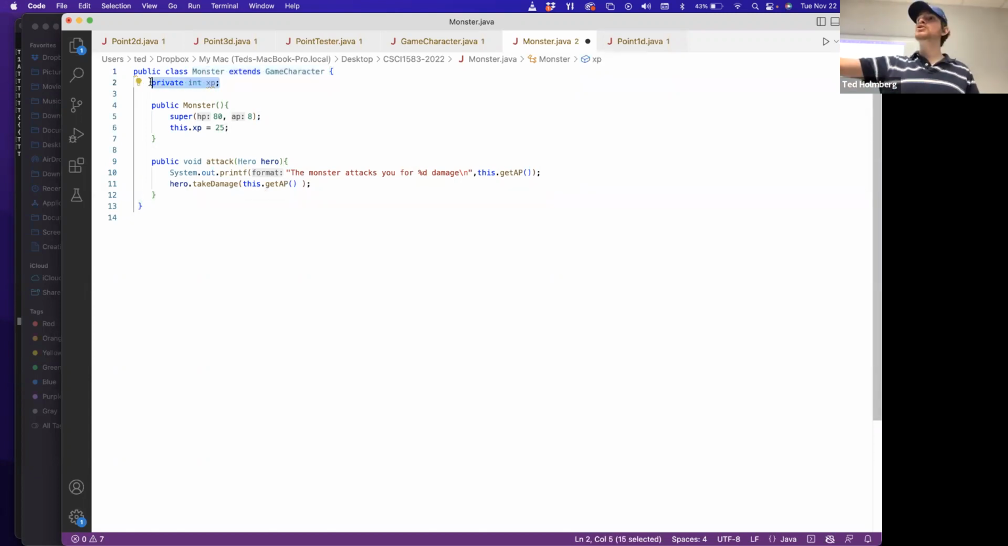The thing that will make monsters unique for us is that monsters have an XP value, so that when they're destroyed, when they're slain, they will give that XP value to the hero potentially. When we create a monster, we can invoke the parent class's constructor. Here, we're just going to hard code a value of monster. All monsters are going to have 80 hit points and 8 attack power. And then we will set the XP value to 25 after we've constructed the superclass, the underlying class that we're extending from. And then the method that a monster will have that